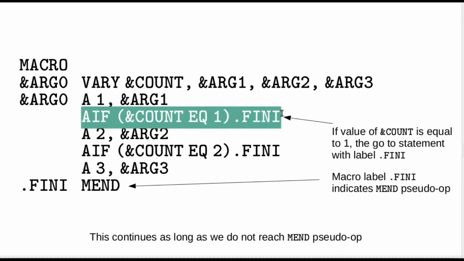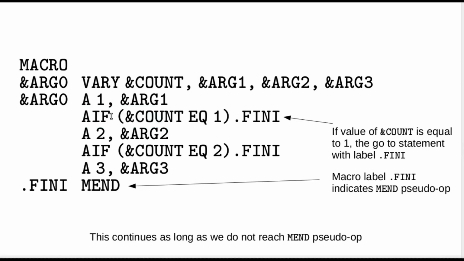Now if we are supposed to decode this instruction, let us do it part by part. AIF is nothing but the conditional pseudo-op, which we have studied a few slides back. As per its syntax, following the AIF keyword, we are supposed to state the condition within first brackets. Here the condition is this: is the value specified by the argument &count equal to 1?